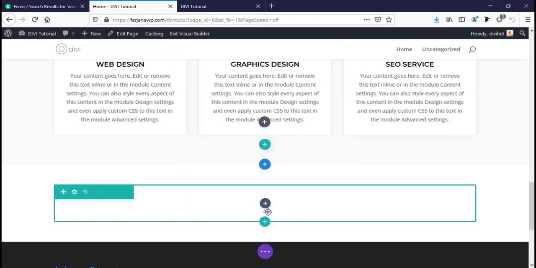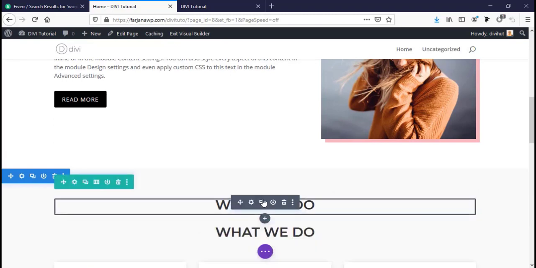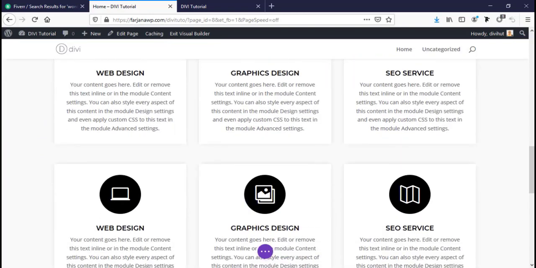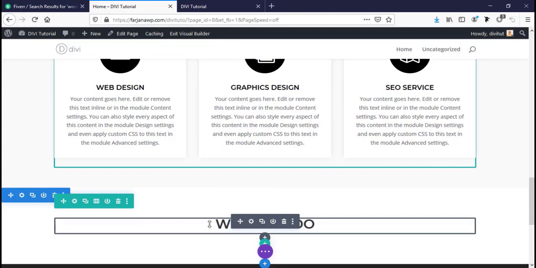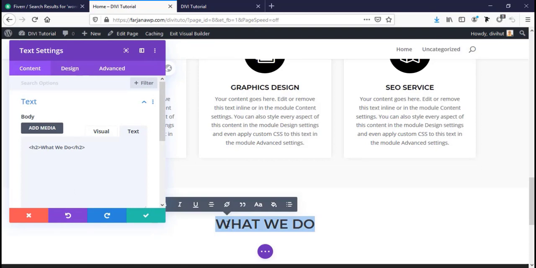So for this, if we want to add a similar one, I'm just going to duplicate it and drag it to bottom and paste it, and now simply change the text, clicking here. So here I'm adding some of my latest work